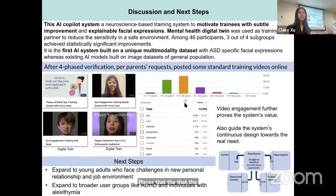And then for the next steps, I would like to expand this to younger adults who face challenges in interviews, since eye engagement with the interviewer is quite crucial, as it is a part of your non-verbal cues. So I would like to expand this research to those who want to improve their eye engagement with the interviewer. I would also like to expand this to broader groups like ADHD